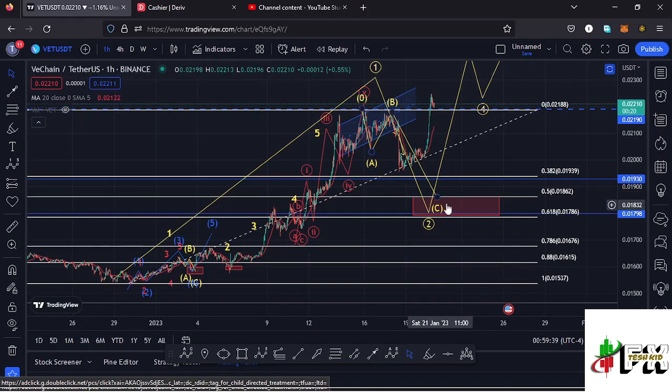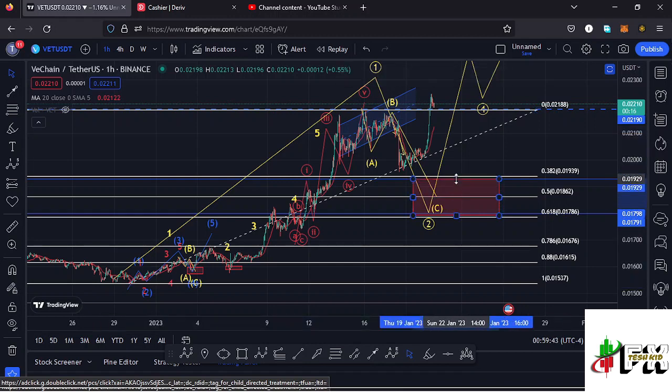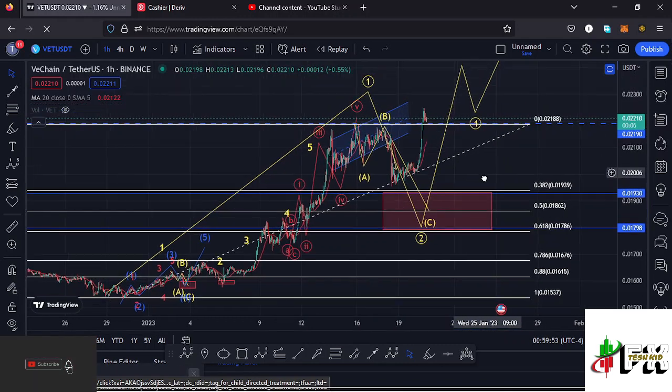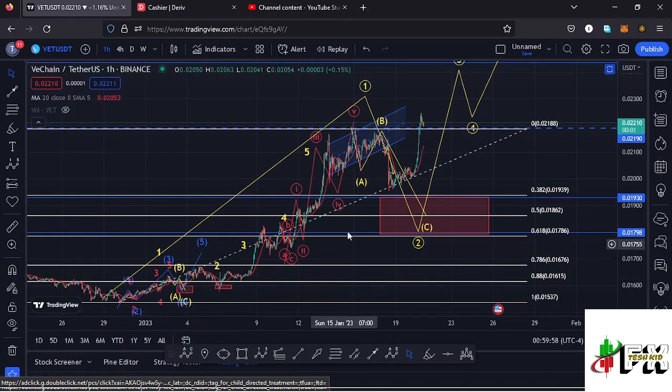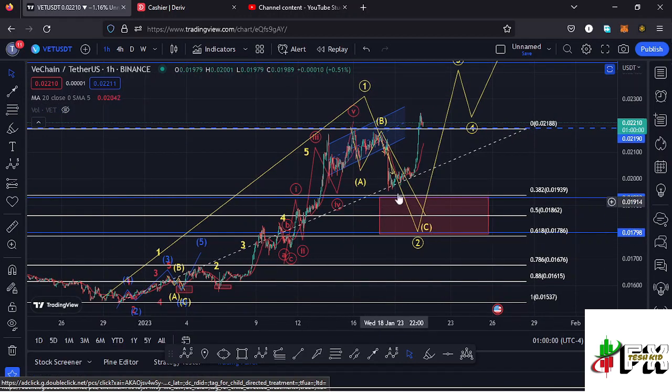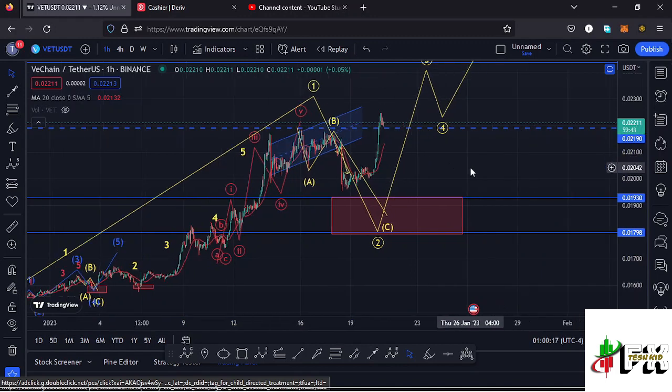But in this video I want to extend my target area back to the fib level 0.618, which is at around the $0.01939 mark. And you can see that in this ABC corrective structure we almost touched the fib level 0.382, and that's why we are seeing a bit of a reaction to the upper side in what could be the start of the formation of that wave 3 to the upside. So whatever we are seeing here on the charts could be the start of the formation of this wave 3